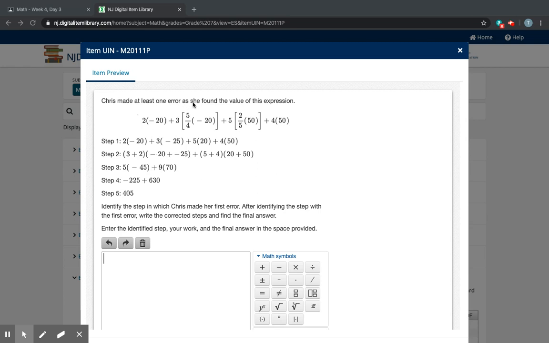Chris made at least one error as she found the value of this expression. Okay, so they give you the step-by-step work that Chris did. Okay, so we have to remember